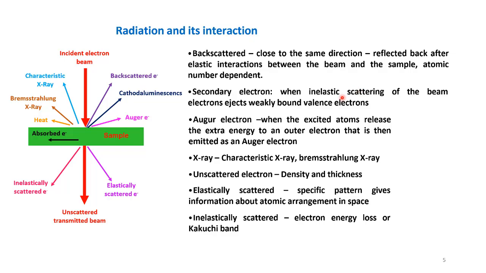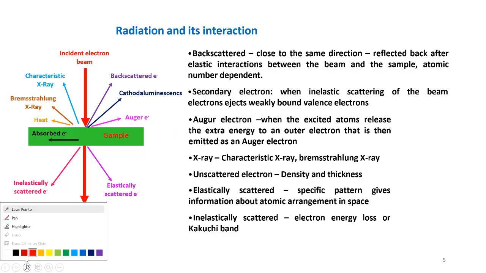So in this case, the inner shell electron, as I told, will get ejected or knocked out from its shell because of the radiation of the X-ray. Then we have the Auger electron, which is an extra electron having extra energy. When the excited atom releases the extra energy to an outer electron, that is then emitted as an Auger electron. So suppose I draw this,